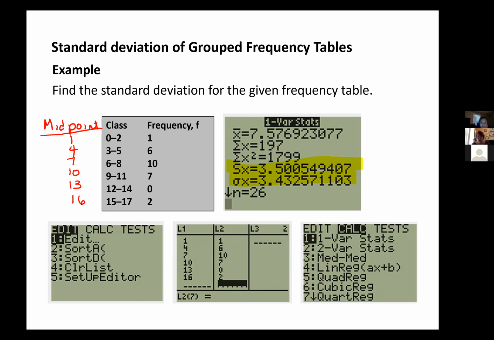And that's the data that you put in your calculator. So in your first list, you would put the midpoint of your classes. And in your second list, you would put the frequency and then calculate the one variable statistics